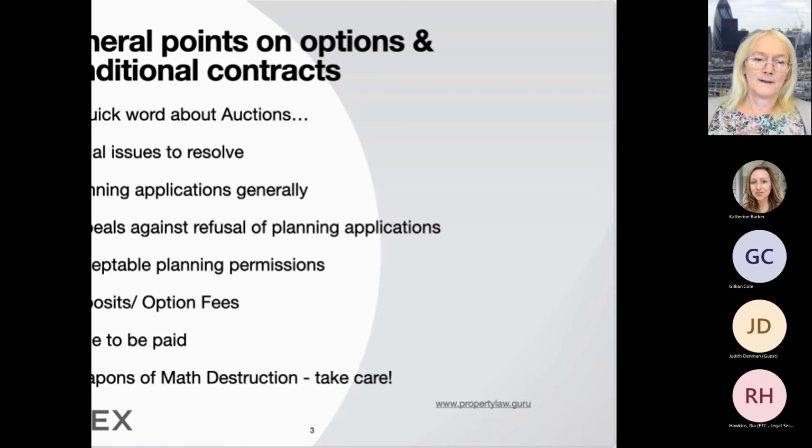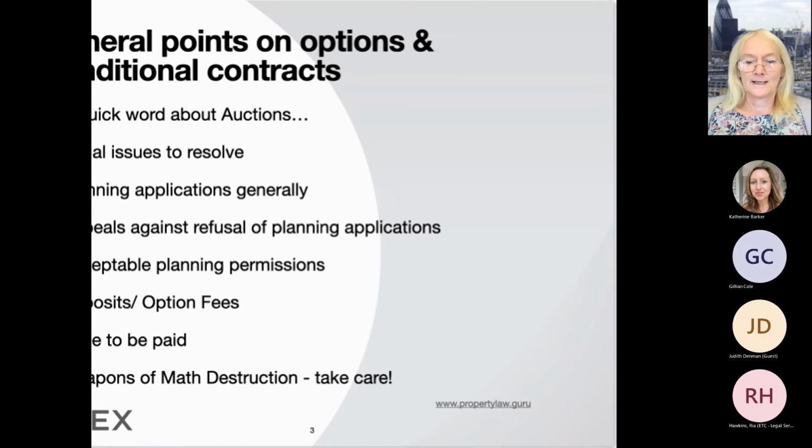Right. Next thing to think about is, I remember coming across an agreement that a well-known house builder, names will be withheld to protect the guilty as well as the innocent, and the seller had entered into a conditional contract. Sounds good, doesn't it? The builder has a conditional contract and must buy the land if it gets planning permission. So you think, well, that's good. It's much better than an option. The seller's going to know that they're going to get their money if they get planning permission.